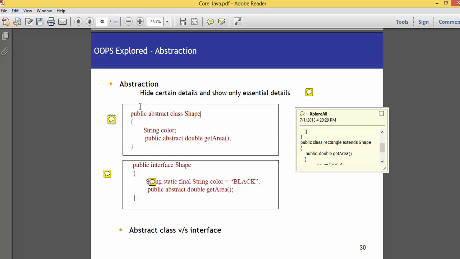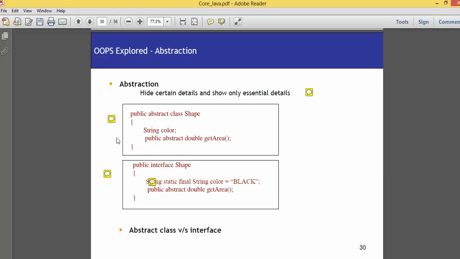Next thing is, since I have declared public abstract class Shape, any subclass can access this abstract class and define the particular method over there. So what all this does is